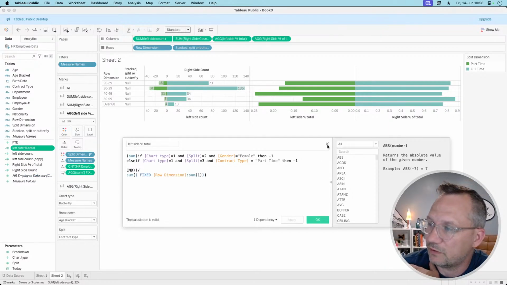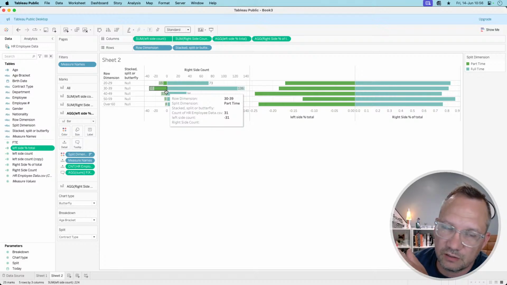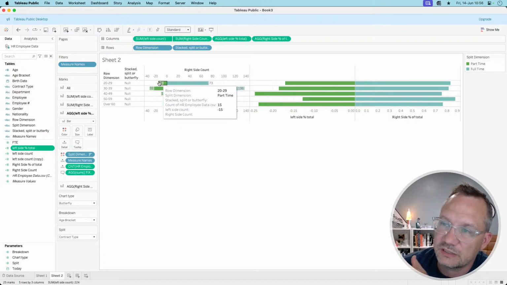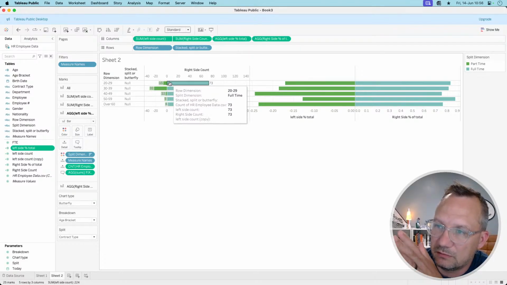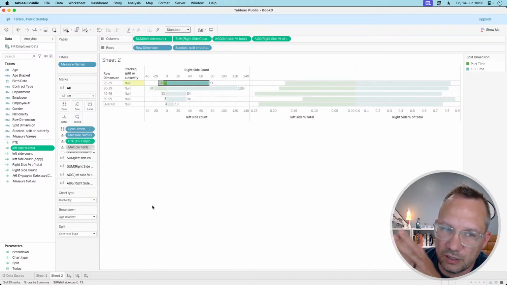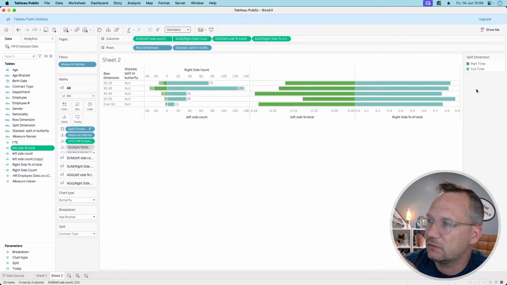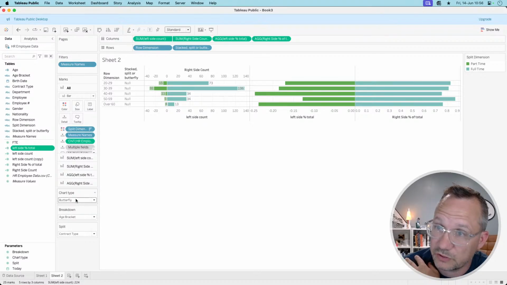So the first thing we have to do is, and I was making it too difficult. So we did the right side count and the left side count. We got that working great. Now what we needed to do is take the left side count and divide it by the total number on a row. And so this is where things are going to get, oh yeah, it should work, because if I do my chart type as split,